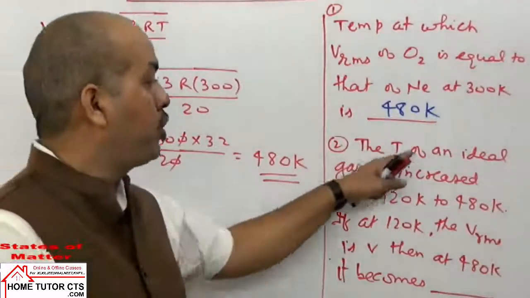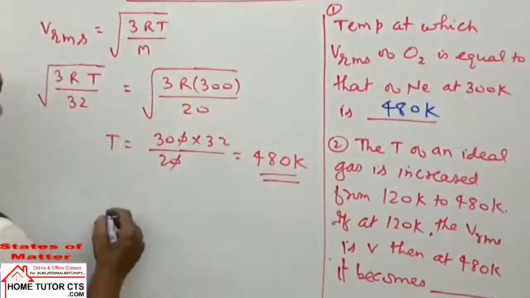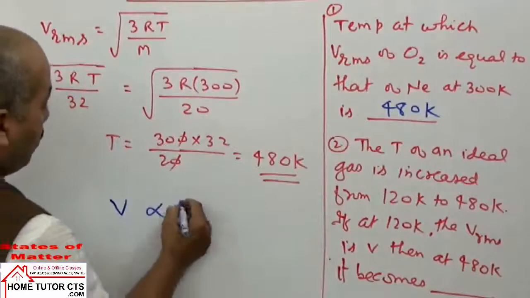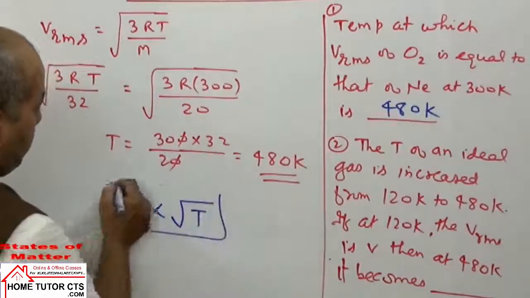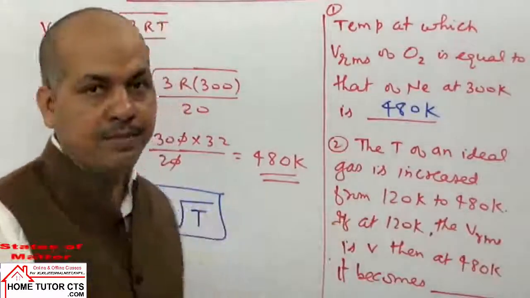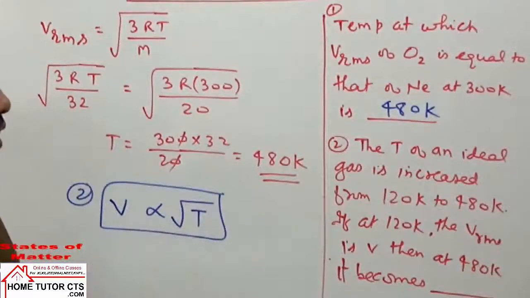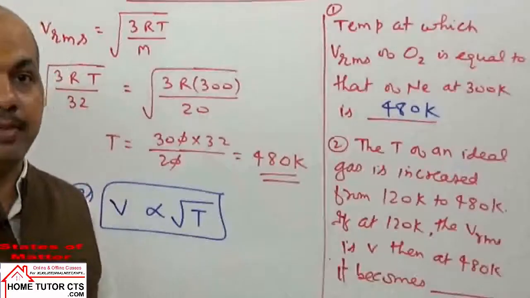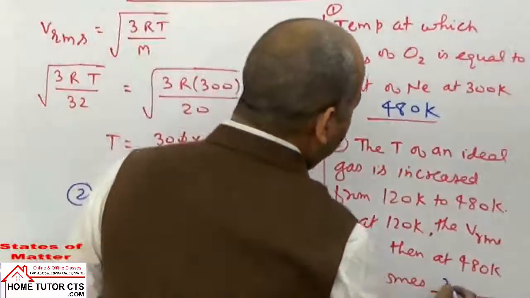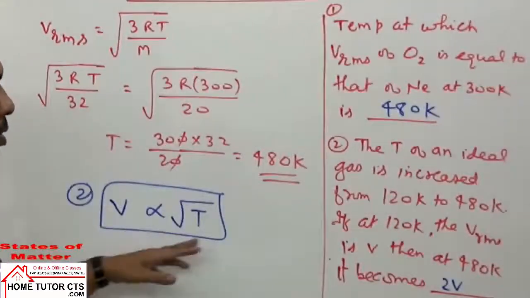Now next question, the temperature of an ideal gas is increased from 120 to 480. We can see from here that VRMS or any kind of speed, in fact, is directly proportional to root of temperature in Kelvin scale. In second question, when we have temperature increasing 4 times, then the speed increases 2 times. 4 का स्क्वायर रूट कितना है, 2 आएगा. So when the temperature is increased 4 times, then the speed will be doubled. Double means if the speed is V, then answer will be 2V. That is how this second question will be solved.